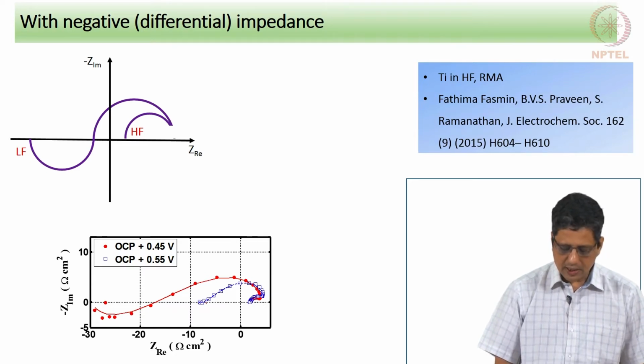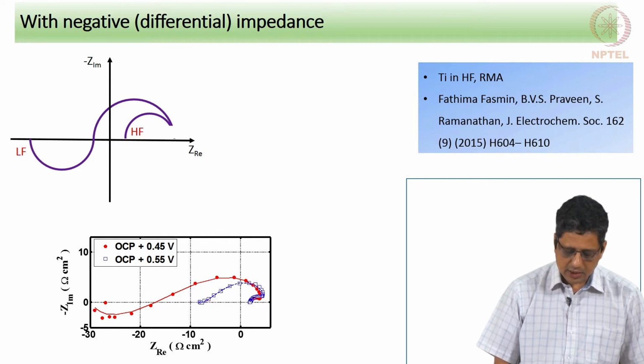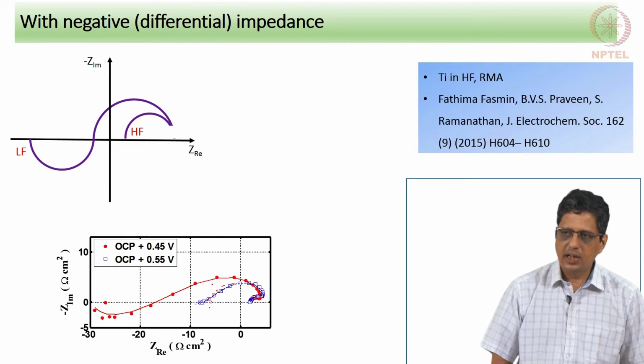In the other one, it is not very visible. On the other hand, when you use an electrical circuit, if I model with only one Maxwell element, even allowing for negative values, it will not model this well, it will actually come and settle like this. To capture this trend better, we need to use an inductive loop.